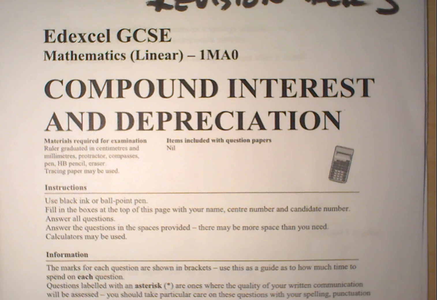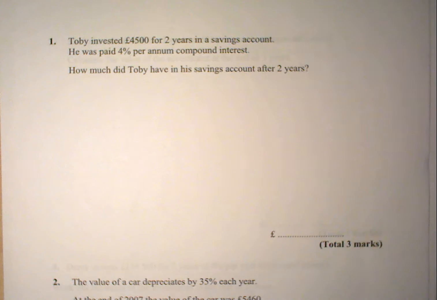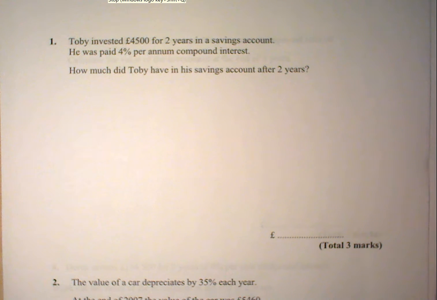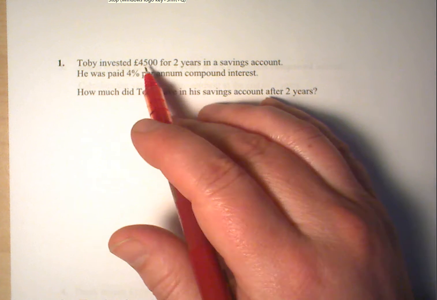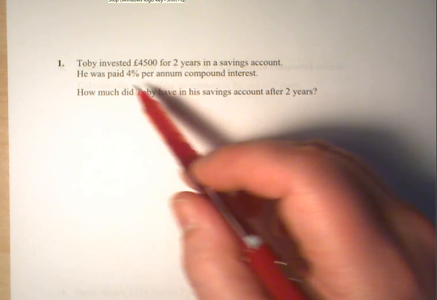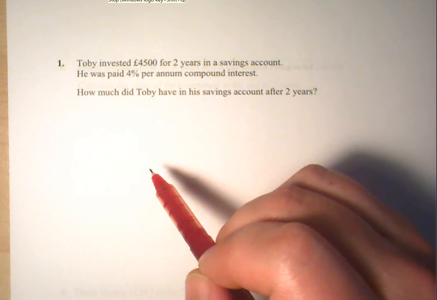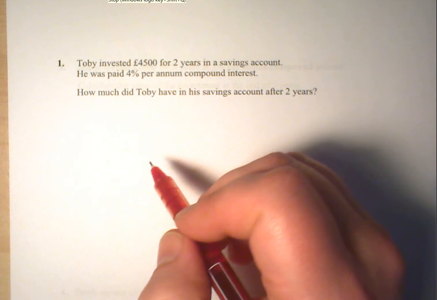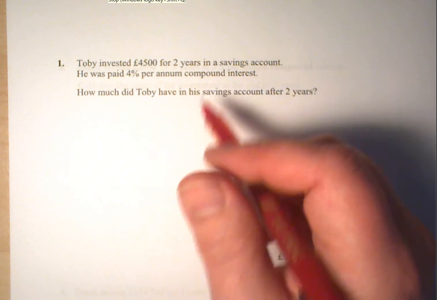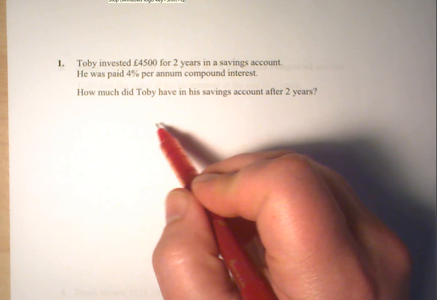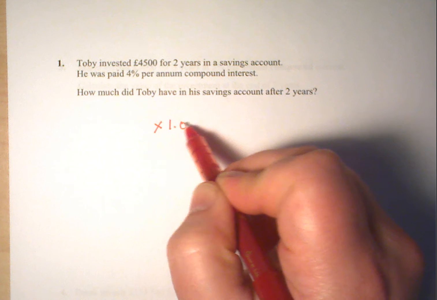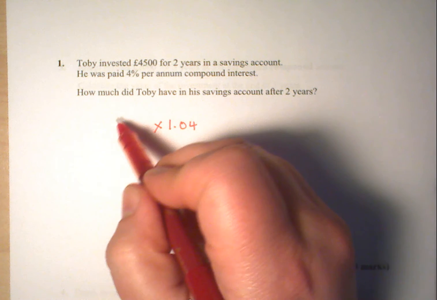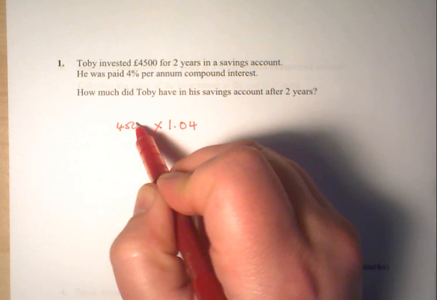Okay, this is year 9 revision for the end of your test, compound interest and depreciation. So what we have here is Toby. He's invested £4,500 for 2 years, and he's getting paid interest of 4%. So after the first year, he'll have 104% of his original amount. An increase of 4% is a multiplier of 1.04, and he started off with 4,500,